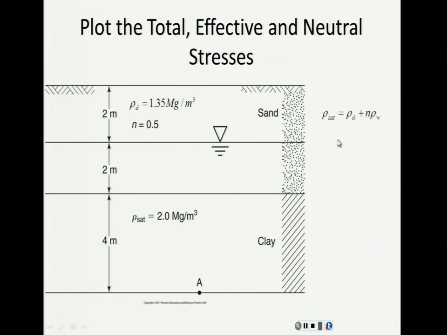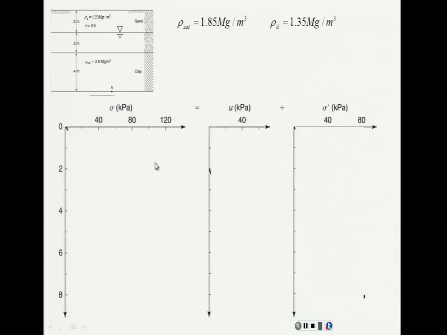So the first thing I have to know is, I have these values, but I need the saturated density. For the saturated density, I have an equation. You can use your 3-phase soil diagram, which says it is the dry density plus n times the density of the water, and that will give me the saturated density of the sand for this part. Once I have that, I go to my